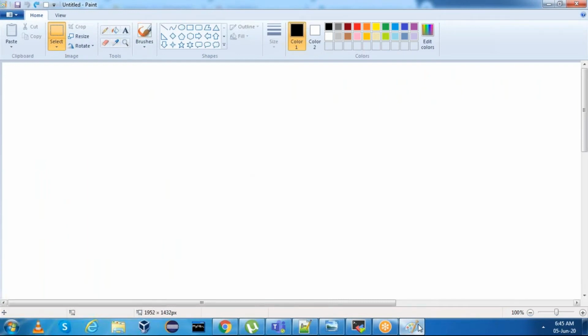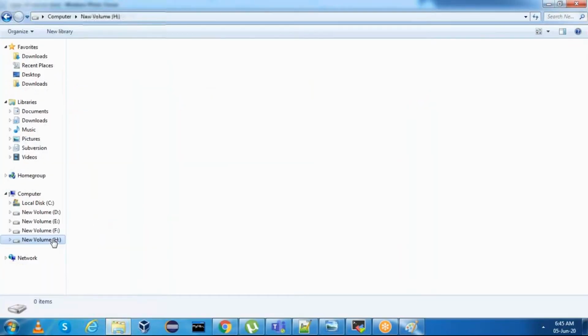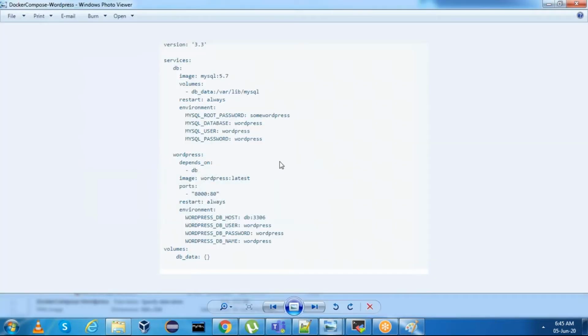If you see this, this is the YAML file which we are going to run now. If you see this YAML file, there is a section called services.